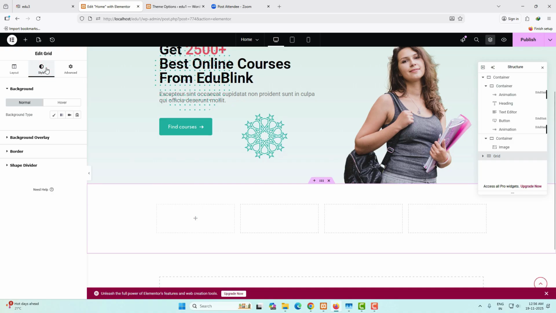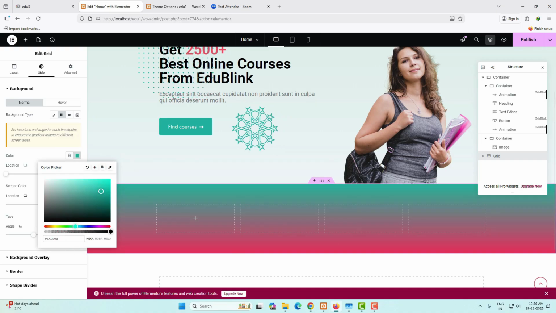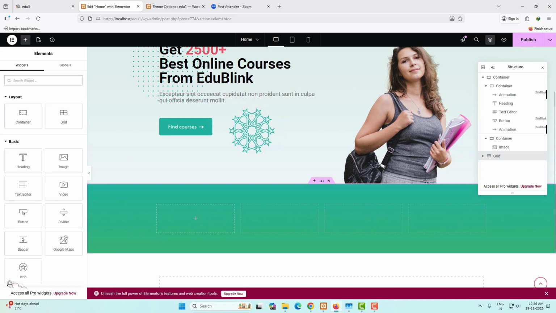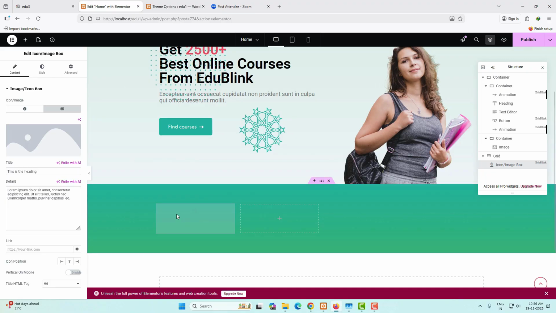Next, come back to the style option, background, take the gradient, and the first color I am taking this, and the second color I am taking this one. Next, click in this plus option here. Let me search for the icon box. So here you can see the icon / image box. Just drag and drop it here like that,